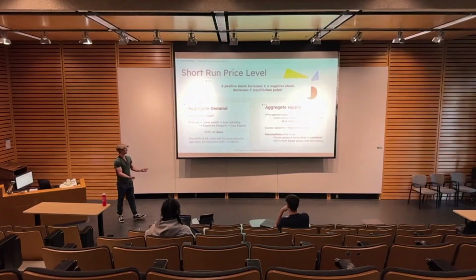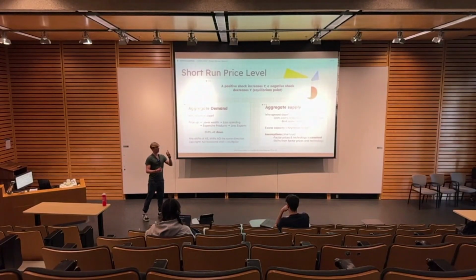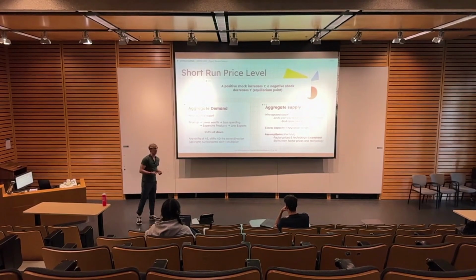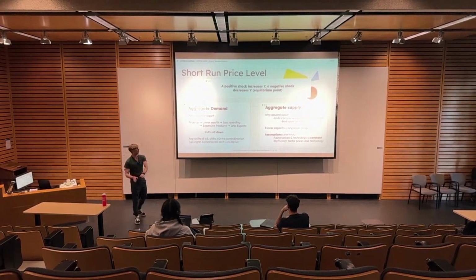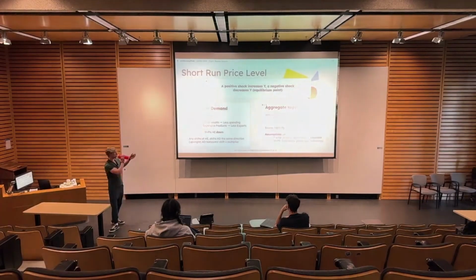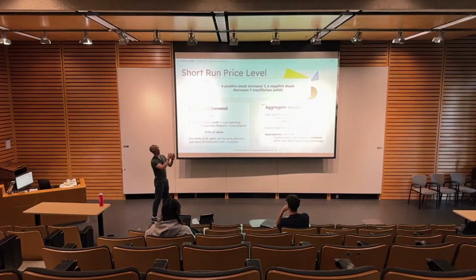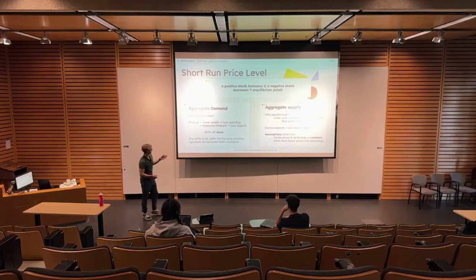Also, when our price goes up, foreign people in other countries will look at our products and say, wow, this is so expensive. I don't want to buy from Canada anymore, I'm going to go somewhere else, which means that we'll have less exports. Because of these two things,